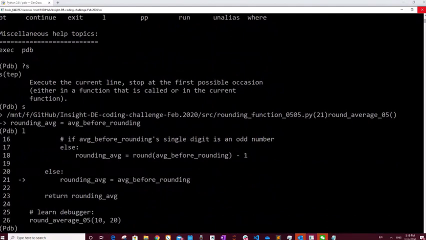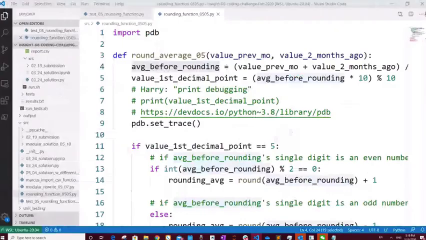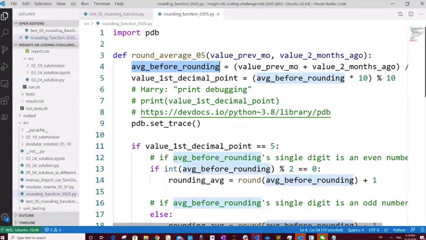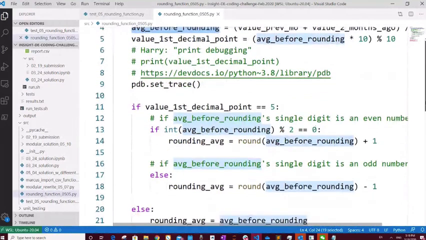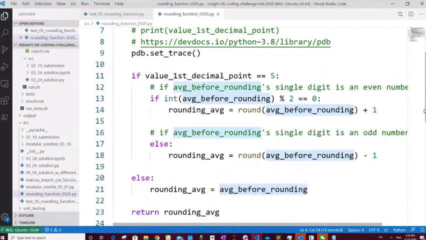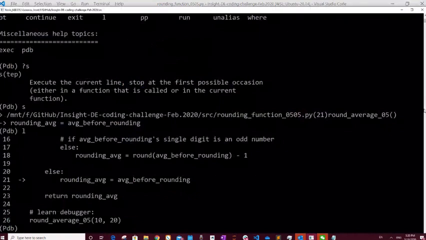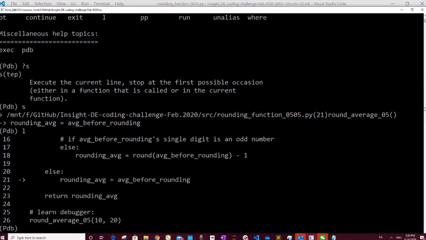It's kind of hard to see, but you should know from the source code that if line 11 is false, we would go into the else. Now we're in the else on line 21. So we executed line 11, if value first decimal point equals 5. That was false. So we actually went into the else of this, on line 20, and now we're ready to execute line 21. That's what happened there. And then if we were to step, if you do S, enter,